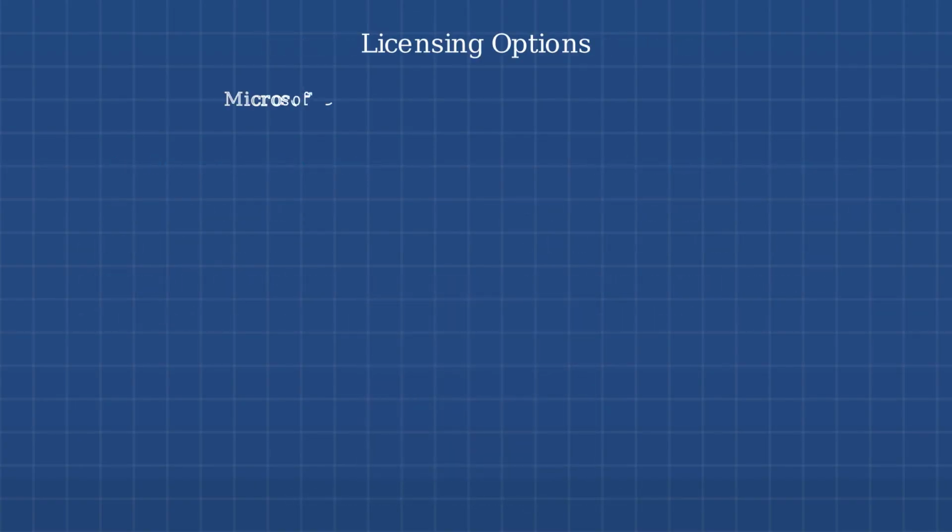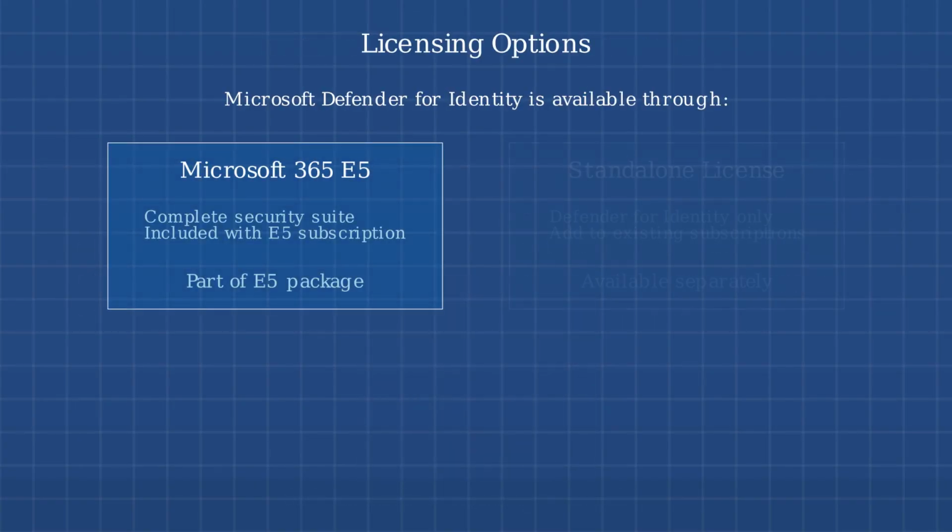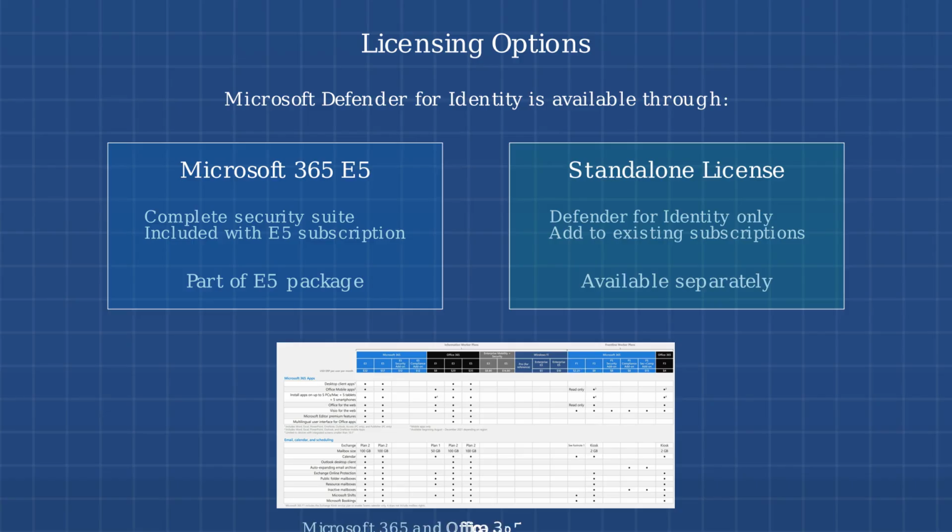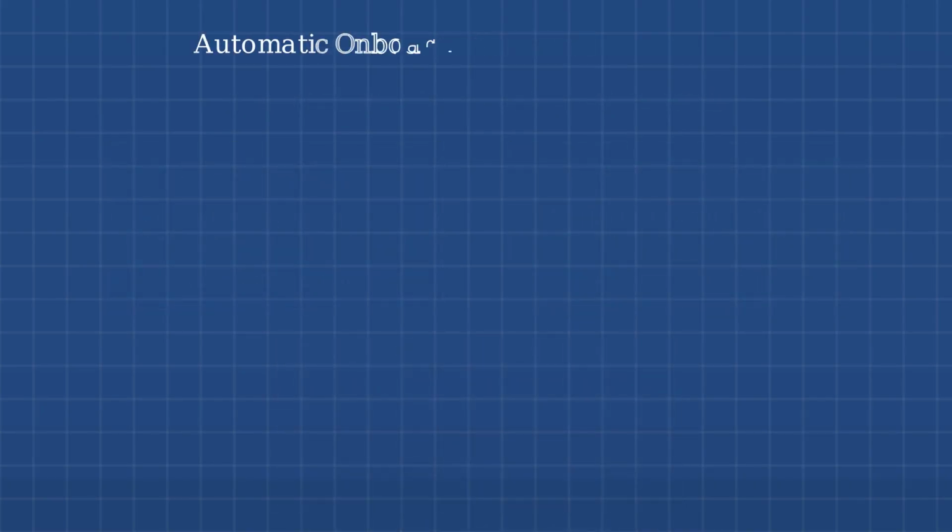Let's discuss licensing options for Microsoft Defender for Identity. You have two main options. First, it's included as part of Microsoft 365 E5 licenses, which provide a complete security suite. Alternatively, you can purchase standalone Defender for Identity licenses to add to your existing subscriptions. When comparing different Microsoft 365 and Office 365 plans, be sure to check which security components are included in each package. For new customers,